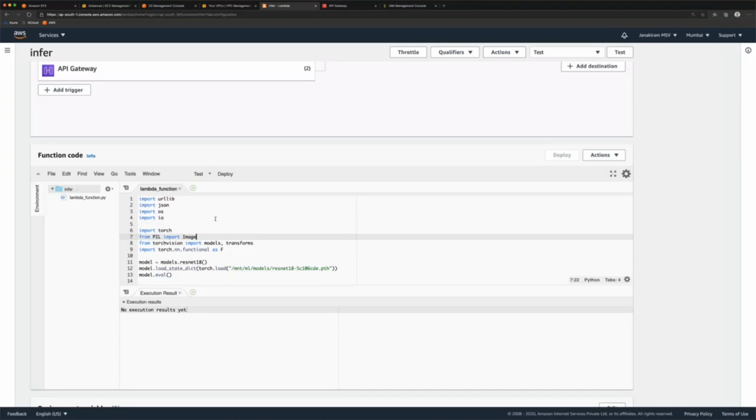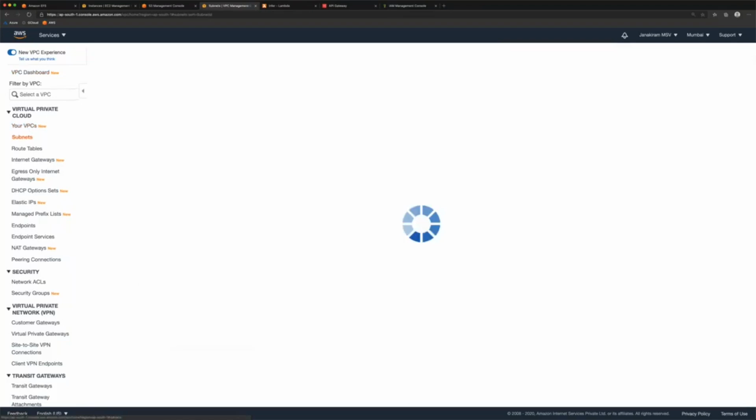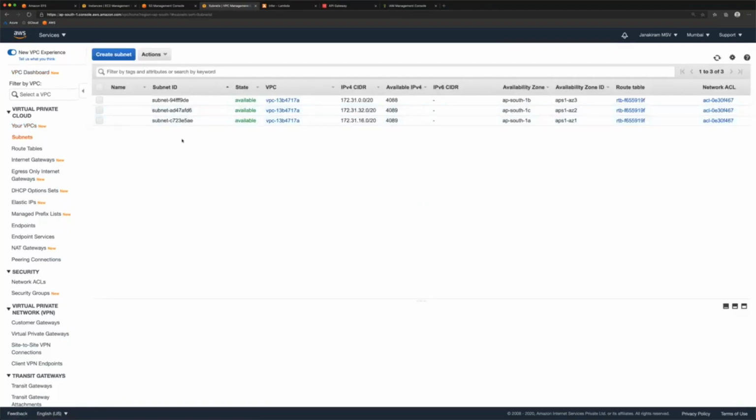So technically, you are supposed to configure a routing table in your VPC and basically have the outbound internet connectivity configured. Now, again, I didn't have enough time to configure the outbound internet connectivity through the right mechanism. So I have taken a shortcut.